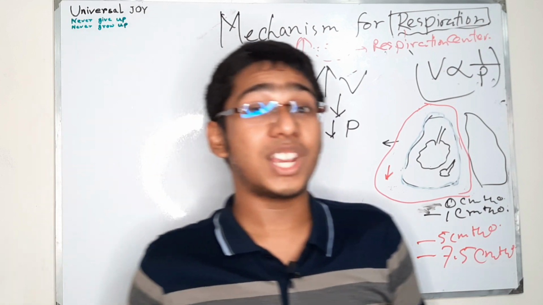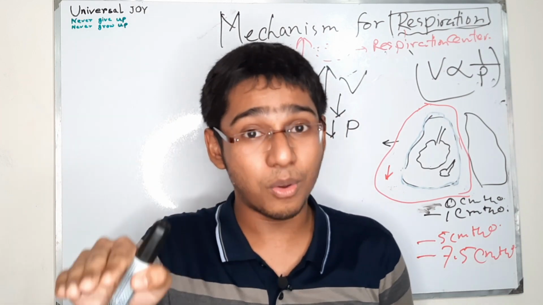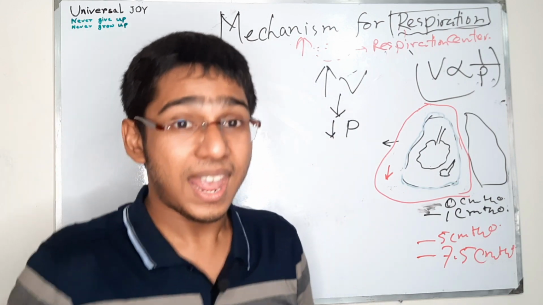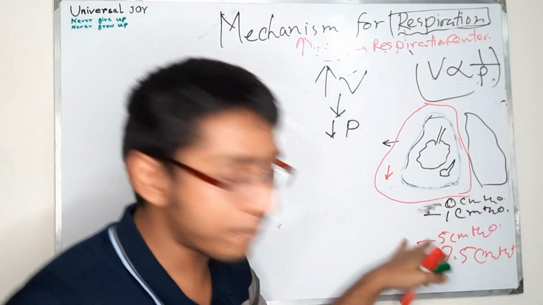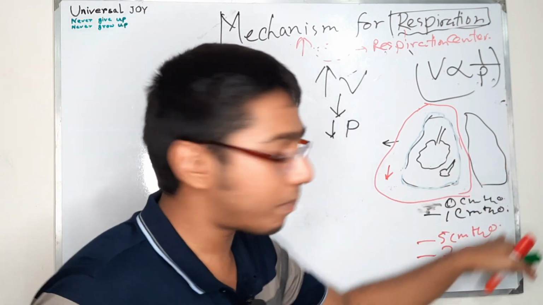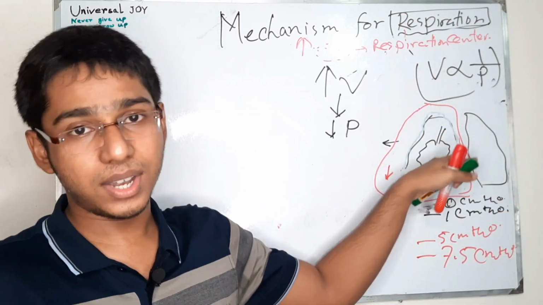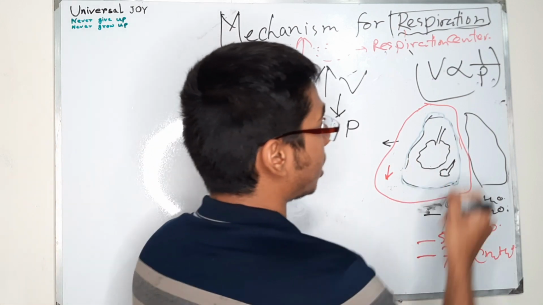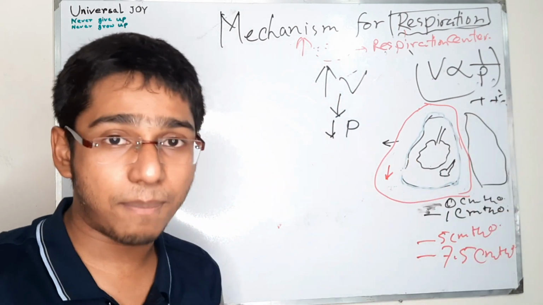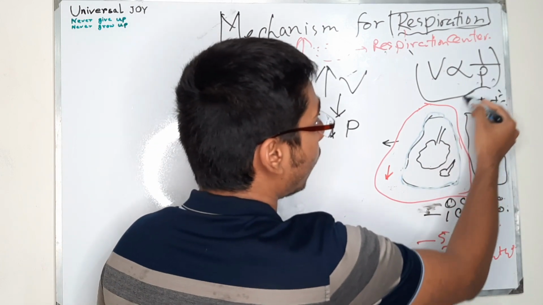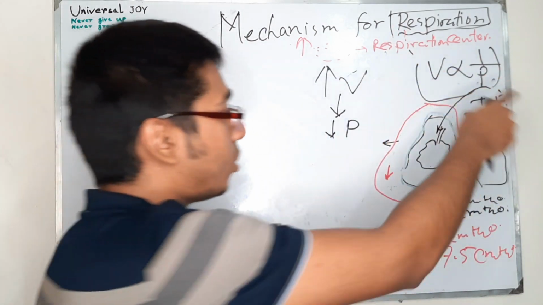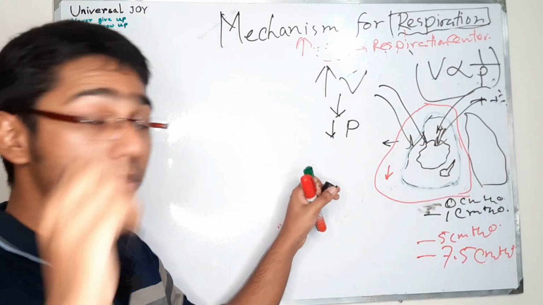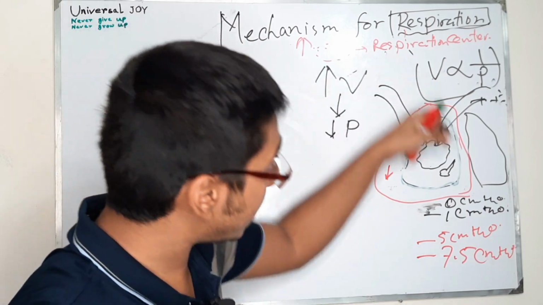And we know the direction of the airflow. Where does it move to? The air always moves from the higher pressure to the lower pressure. As you have already seen, there is more negativity in the pressure. That means there is a reduction of the pressure within the frontiers of the lung. So there is more negative pressure inside the lung and more positive pressure outside the lung. So what really happens is that the air will keep on moving inward from the outer atmospheric air to the inner part of the lung. That means from the outer atmosphere, the air will start coming into the lungs